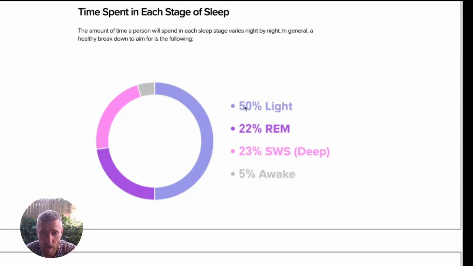So if you have a really high percentage of light sleep and a low percentage of REM and deep sleep, then you're not going to be getting the physically or mentally restorative benefits of sleep. Even if you are sleeping for 9 hours or more, if you're getting a very low percentage of REM and deep, you're not actually restoring your body and restoring your mind. And that's why it's key to look at the quality and not just the duration.